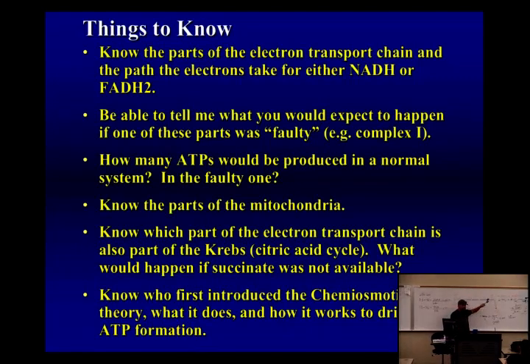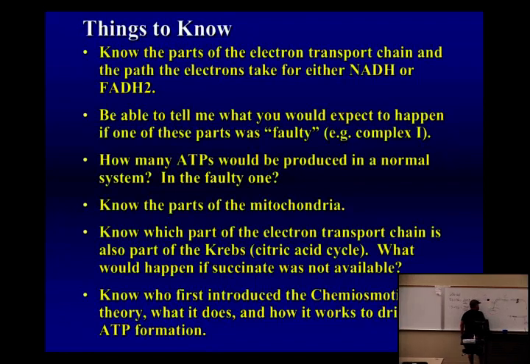So all the scenarios we've been going through, I expect you should be able to tell me what would be the effect. So let's play another one that's not on there. What would happen if there was another chemical that bound here and shut down the electron transport chain? How many ATPs could you make? 6. 6, because you would get 4 from FAD and 2 from glycolysis.